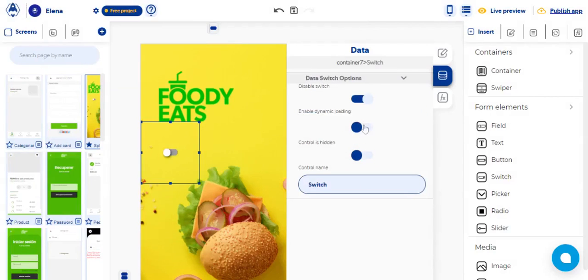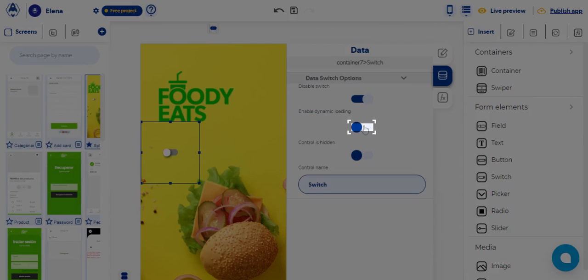By clicking the Enable Dynamic Loading property, you enable the option to give the appearance of loaded while assigning the final value to the element. When the switch is turned on, when the switch is disabled, it loses that appearance, leaving the component in question